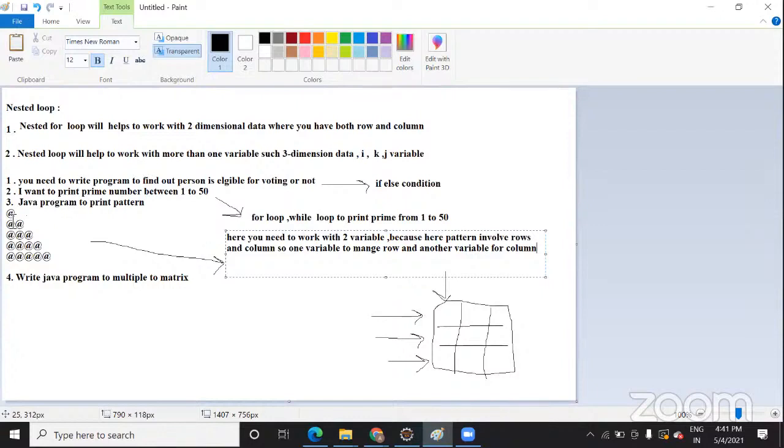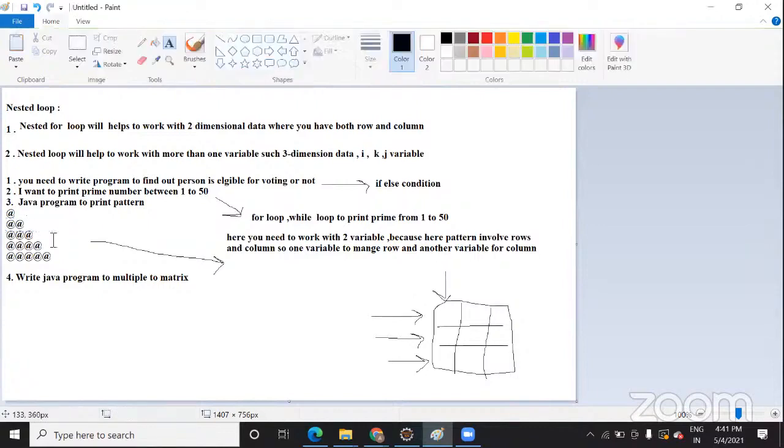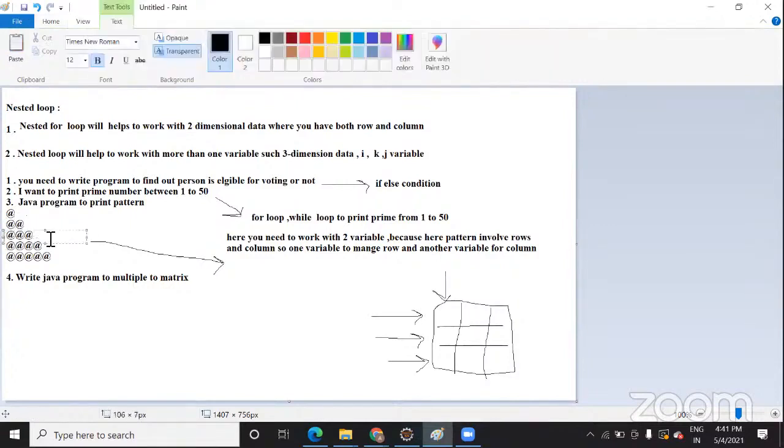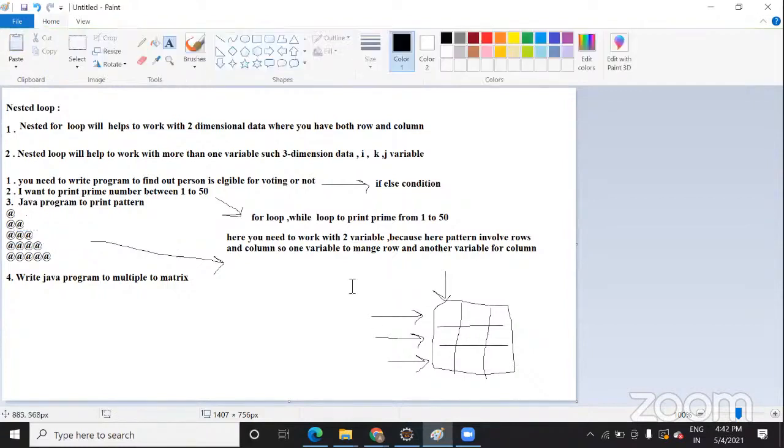So both you need to manage simultaneously. Similarly, when you move to the second row, how many times should the column run? Two times, because this symbol is coming 2 times. Similarly, when the i value is 3 for the third row, your column should run 3 times. So it is working simultaneously.